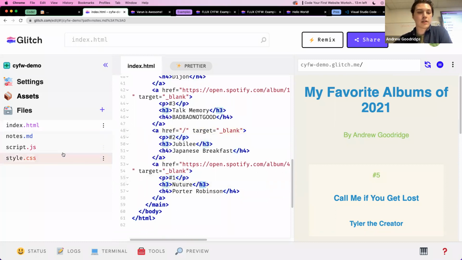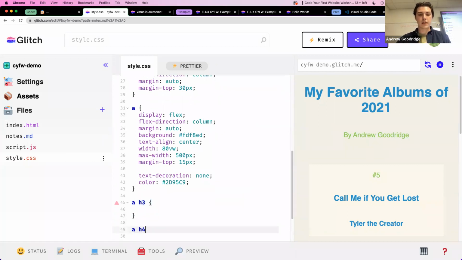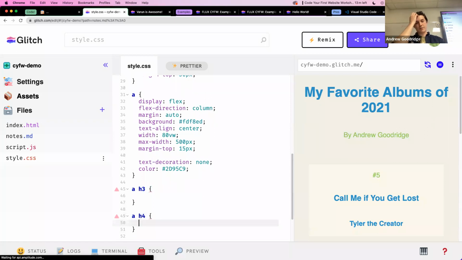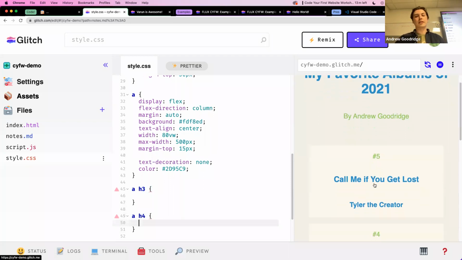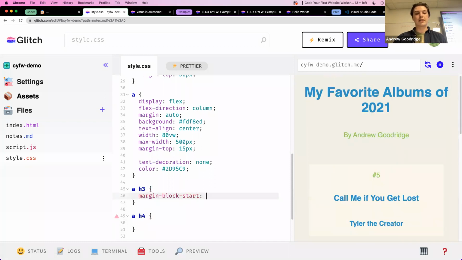I'm just going to select this H3 and H4 real quick. And as I said before, when it comes to these H tags, they have default styling to them. One of them is this kind of confusing one called margin block start and margin block end. Again, this is kind of a pain in the butt that you're not supposed to really know, but I'm just going to change these to a value of,